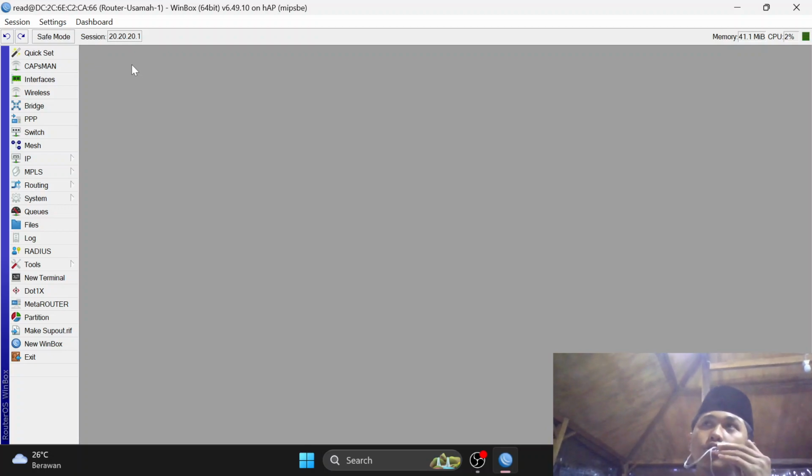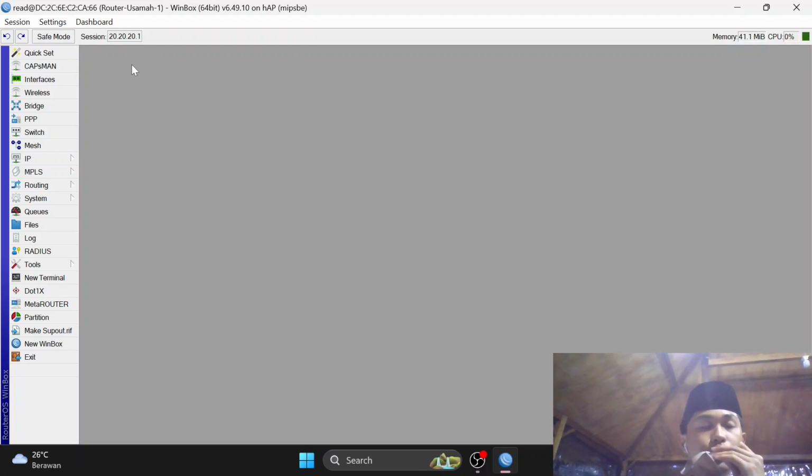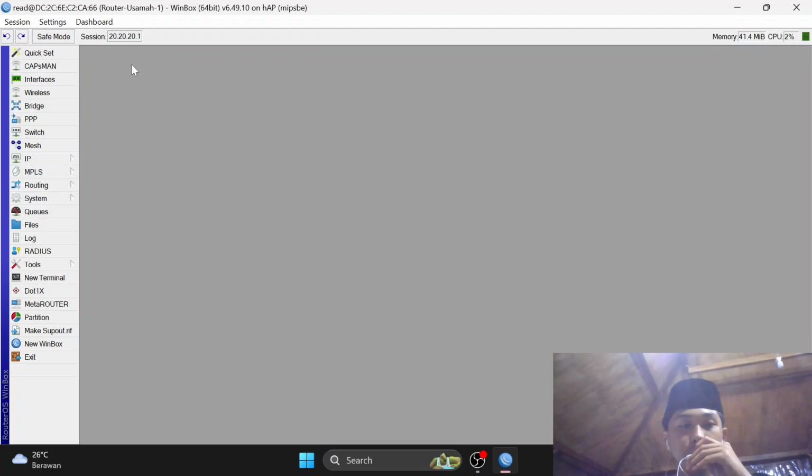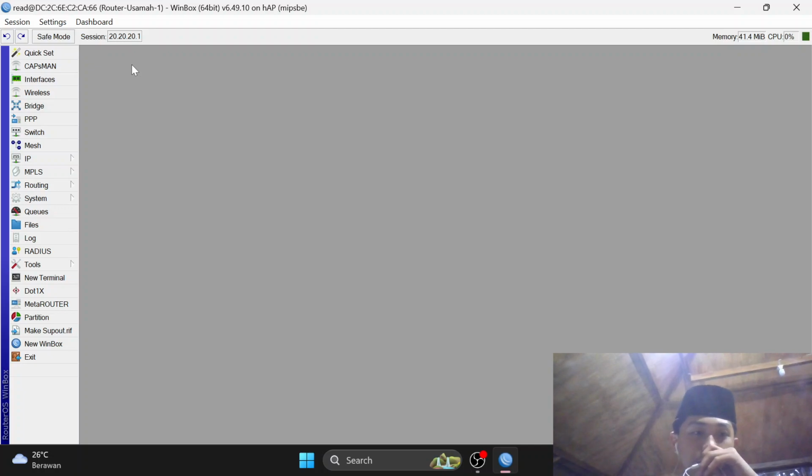It's also usually called a monitor user. Why? Because just like the name read, it can only read the configuration, or monitor the configuration. If we monitor the configuration, we can only see the configuration.